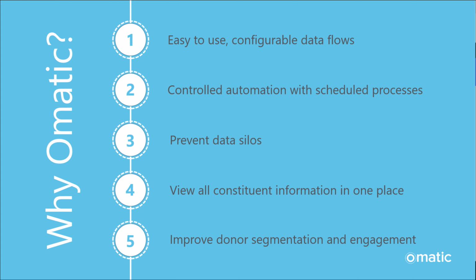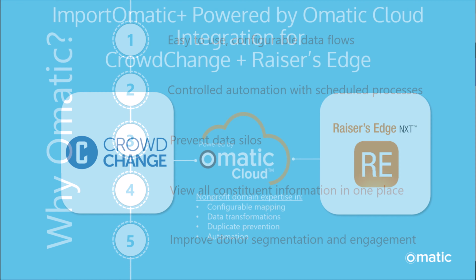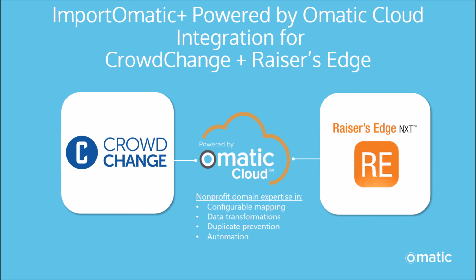We're the best integration solution for nonprofits because we understand how a supporter comes into your system, and we help get a full picture of your supporter data and journey. Omatic enables mapping data from CrowdChange to anywhere in Razor's Edge, including peer-to-peer, tributes, virtual or in-person events, merchandise, and more. Omatic Cloud is built on 20 years experience in data integration and couples it with the most advanced secure